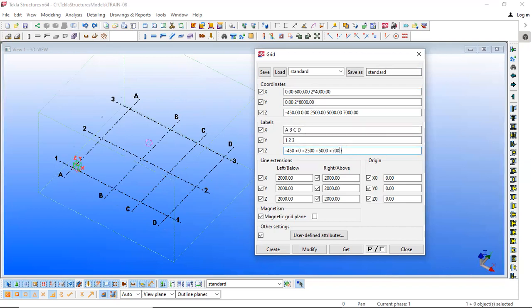Actually, this is 7,000, so I can convert this into meters, like 0.7, or say 7.0. Still it will work. It will show 7.0. So whenever I'm reading in this view, it will show me 7.